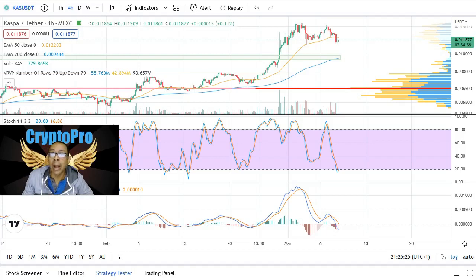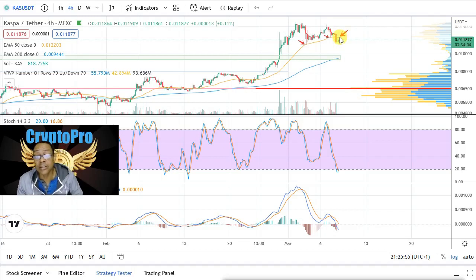Starting out here on the 4-hour chart, the first thing that we see is that we had failed the 50 EMA most miserably. In the last video, I know we talked about the 50 EMA possibly being a touch point, which it did touch here, and being support. But as we notice, whenever you have that third touch, it usually fails. And here it is. You got your once, twice, and 3 times a lady, as Lionel, what's his name, used to sing. And we failed the 50 EMA.